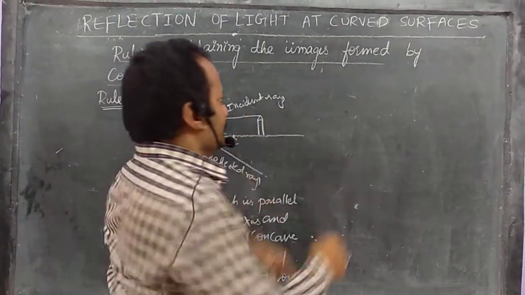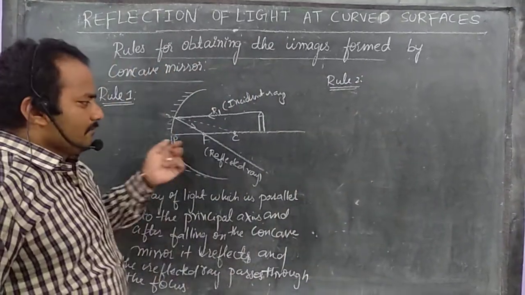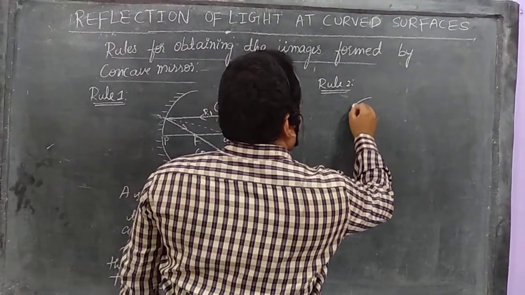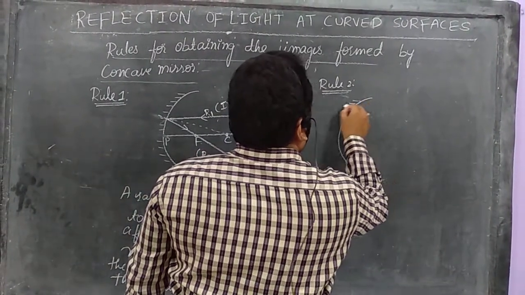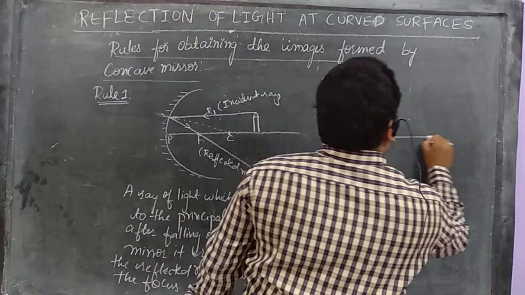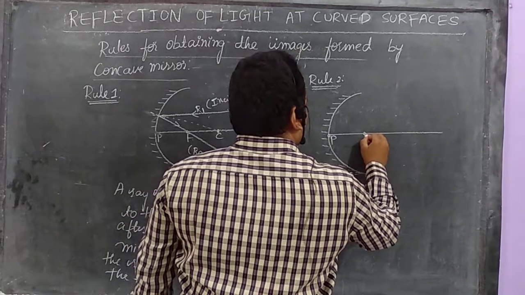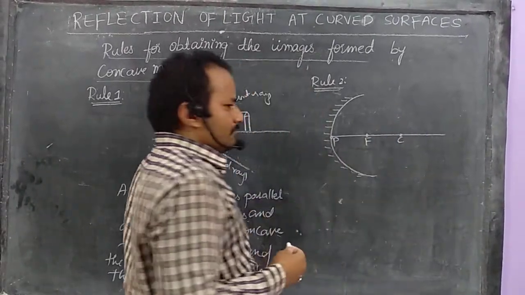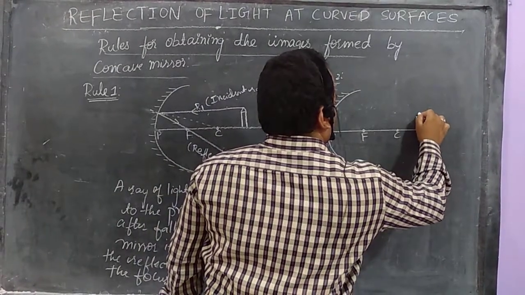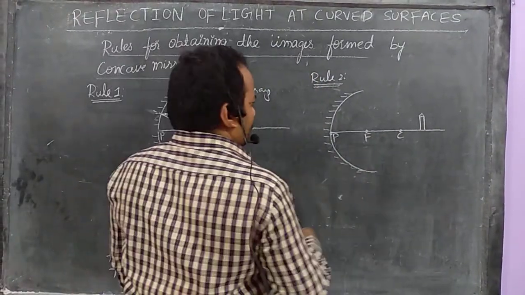Let us move to rule 2. How we did rule 1, in a similar way we can go for rule 2 now. First of all, what we should do? Draw the concave mirror. This is a hard surface. Mention the terms. Draw the principal axis, the imaginary horizontal line that passes from pole to the center of curvature. Pole, focus, center of curvature. So my dear students, where should I place the object? Always in the rules, the object will be beyond the center of curvature only. Now, what is rule 2?